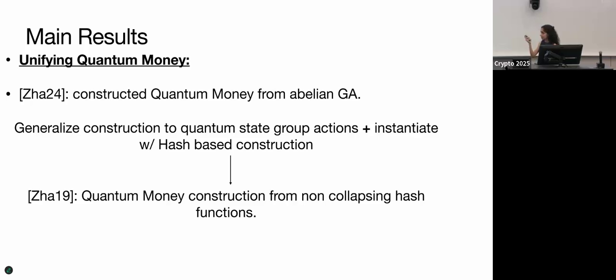Zhandry in 2024 constructed quantum money from classical abelian group actions. And it's easy to generalize this construction to a quantum state group action and then instantiate it with our hash-based construction. Doing this, we recover a previously known quantum money construction from non-collapsing hash functions, also by Zhandry. So the quantum state group actions sort of unify these two already existing